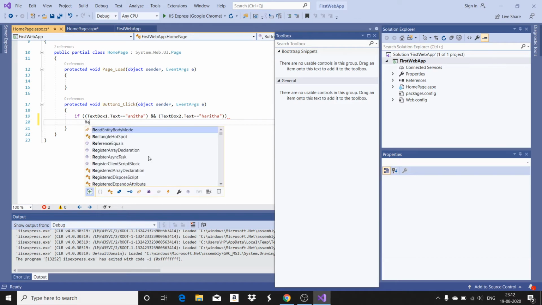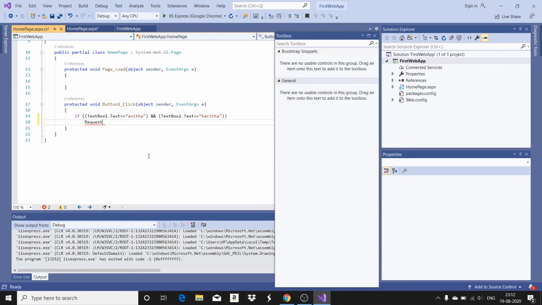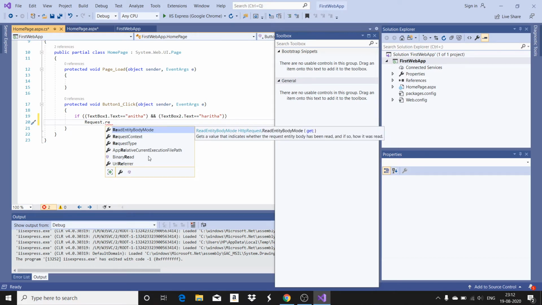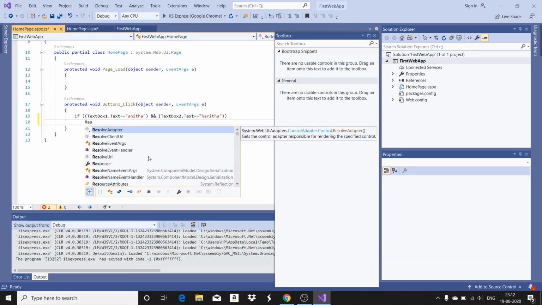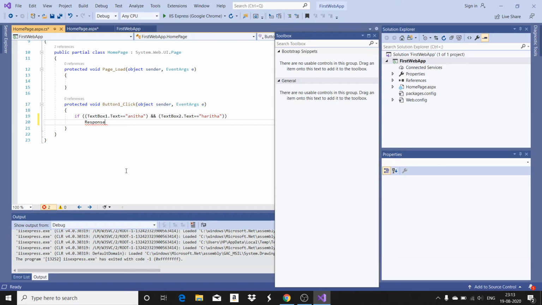So what I'm going to do, I'm going to redirect. So how do you redirect? You say Request.Redirect. Sorry, not request. It is Response. You want a response when you click the login button. So take the response object, redirect it to where you want to redirect. Just for the time being, let me take it as I want to redirect my web page to Google. Google.co.in. Let us go for India's.